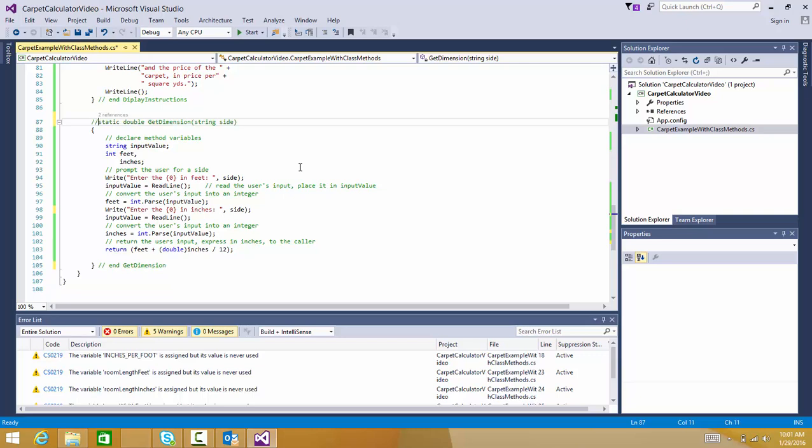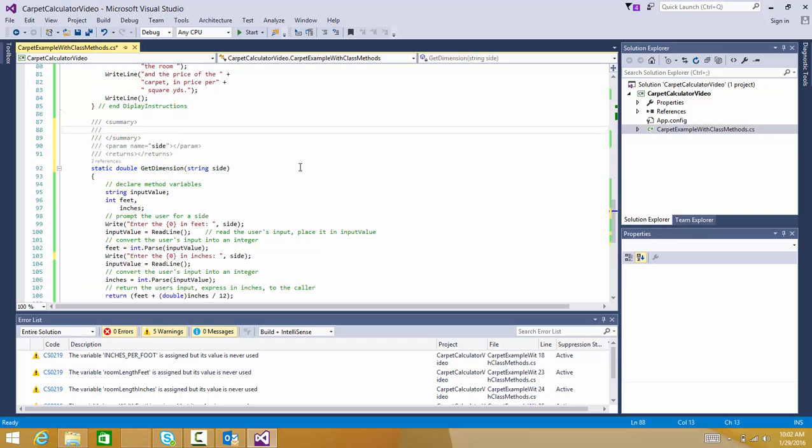So I'm going to do three slashes and enter. Now notice how by doing the XML documentation, it says, hey, you've got a parameter named side, and it tells me that I've got some things going on here. So by doing this XML documentation, it is keeping track of a little bit more for me automatically. So I'm going to say get dimension